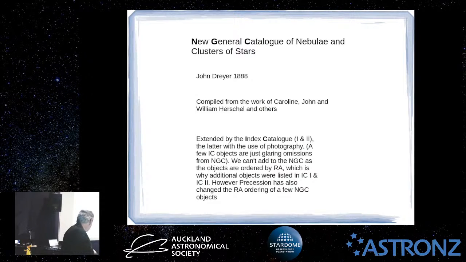So they added index catalogues 1 and 2. So you'll see objects called NGC something, but also IC something. So the IC, or the Index Catalogue, is these extra objects, because you can never go back and adjust the NGC catalogue because of the fact that it's ordered by right ascension. So you could, if there was something between the highest numbered one and NGC 1, you could extend it that way. But